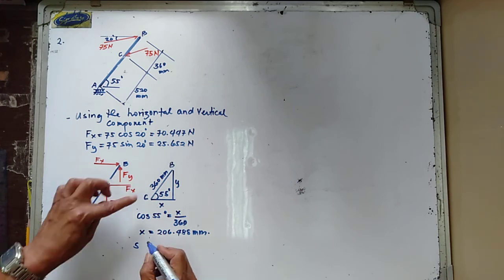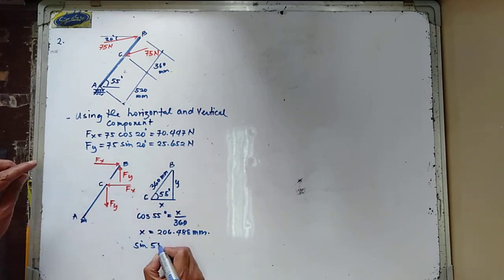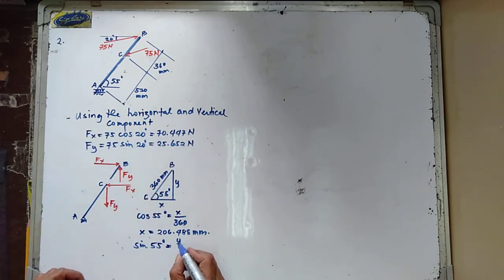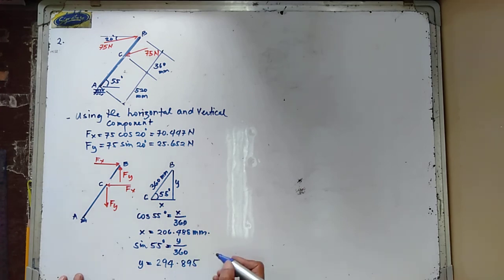millimeter. So if you try to get sine of 55 degrees, that is y opposite over the hypotenuse, y all over 360, hence your y in here is now equal to 294.895 millimeter. Hence, this one in here,